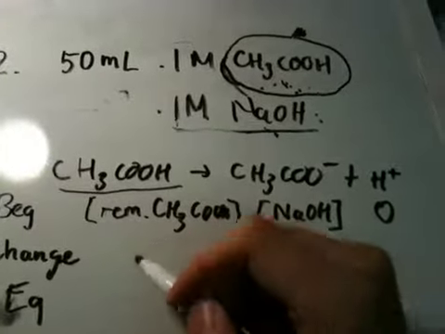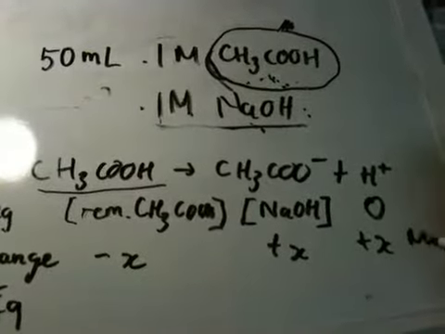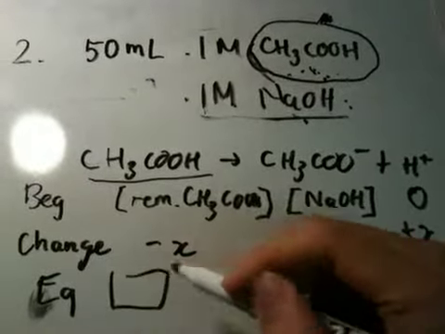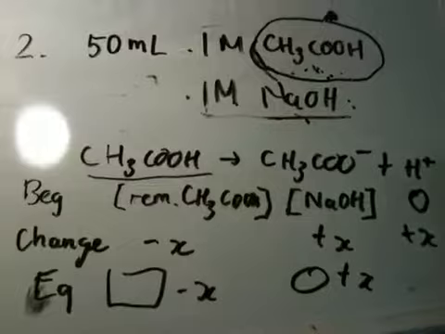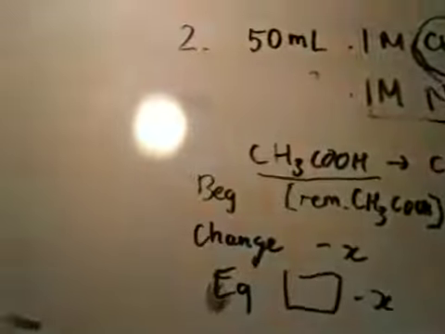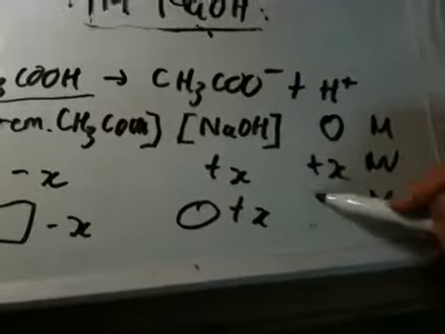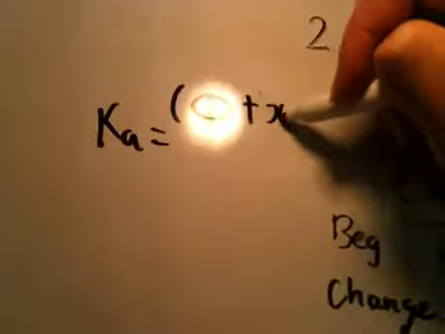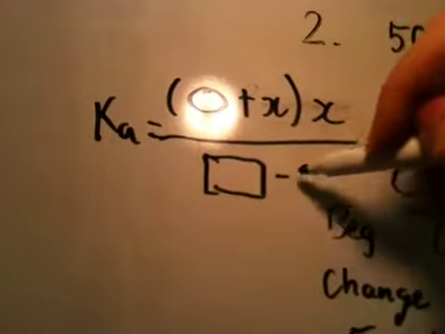So after some time it's gonna dissociate. We have this, so after a while we have whatever that is, and we have whatever this is. And again, we have to find this based on the Ka value. So Ka in this case should be plus x times x over the concentration of this minus this. Now